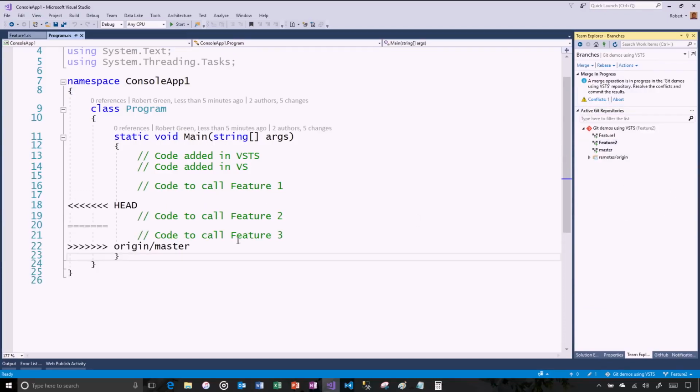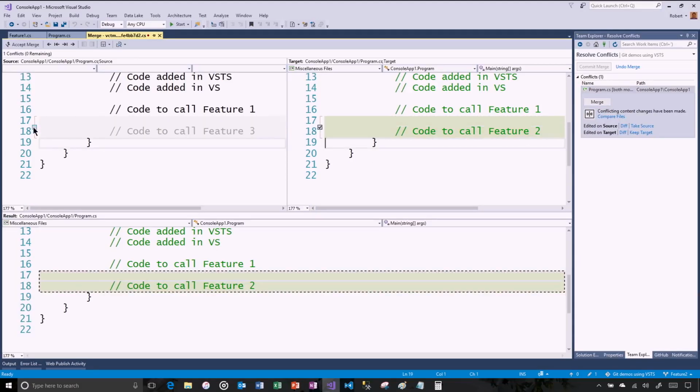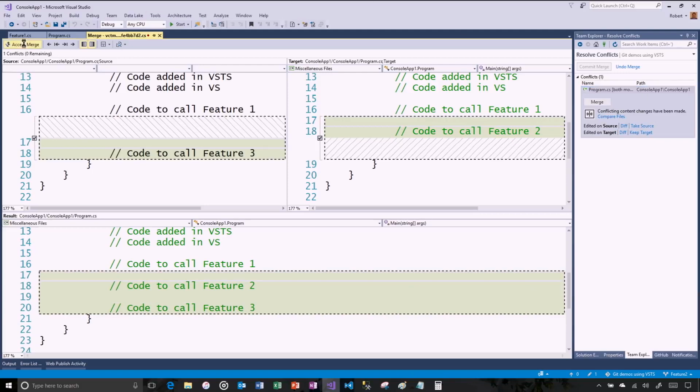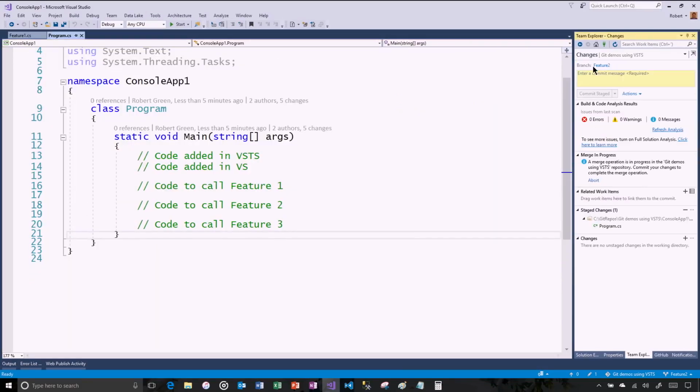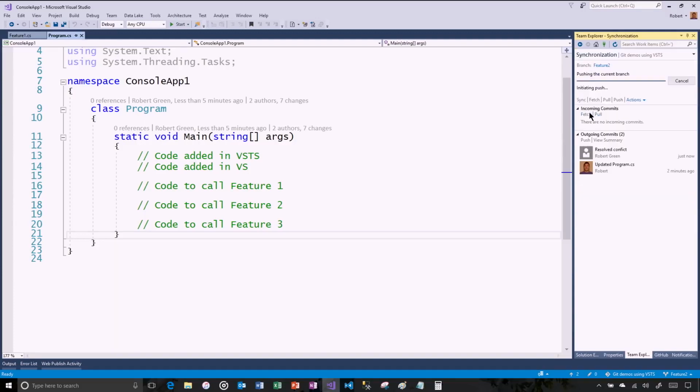Do the merge, which fails because there's conflicting code. Conflict, click merge. I want this code, I want this code. I accept the merge, I commit the merge, I've resolved the conflict, commit, push, up into VSTS,